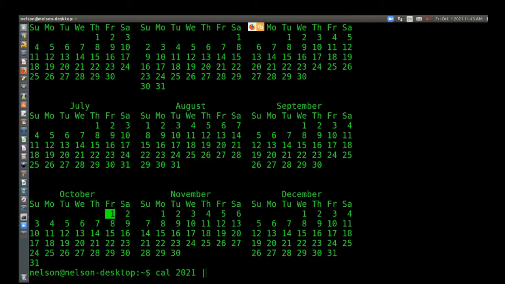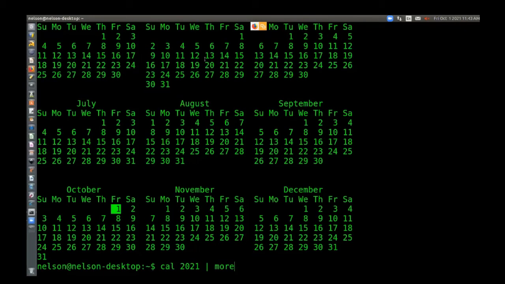The first argument we have given is 2021, that is the year, then space pipe space more. That means we will get this calendar from the January month, and whatever part is not visible on the screen, that we can see after pressing the enter key. So let's see the output of this more command.